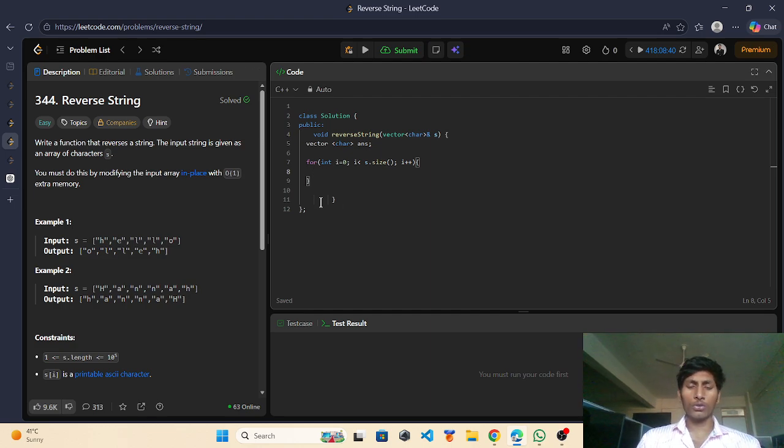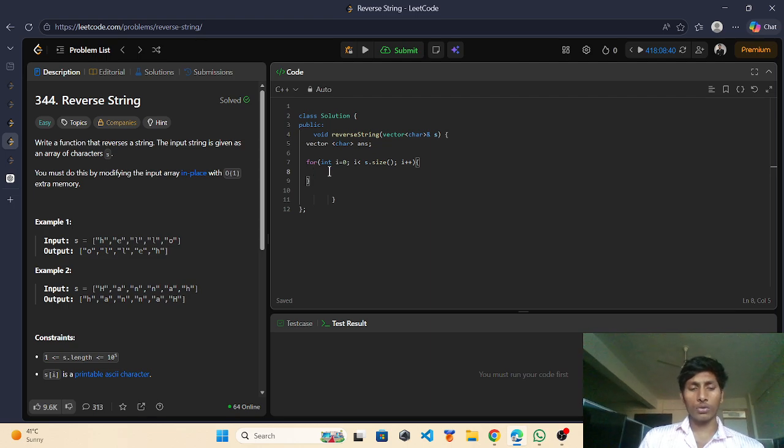So the logic will be: we have to push the reversed string s into the ans array.